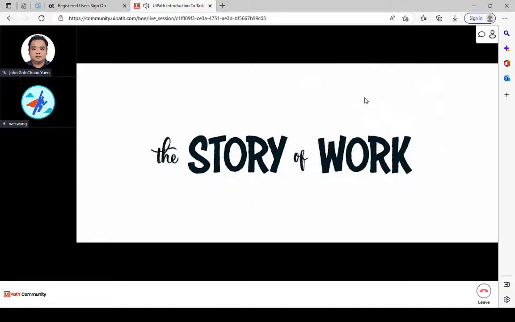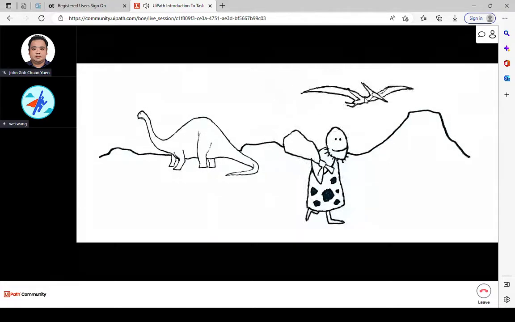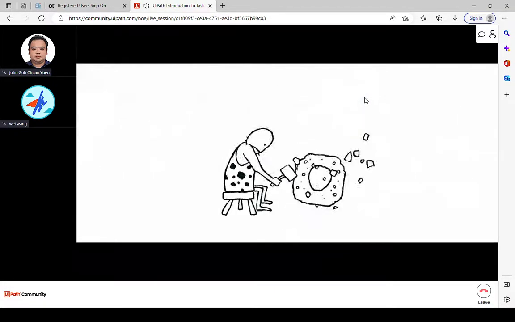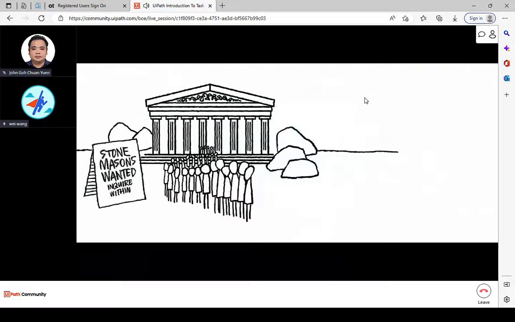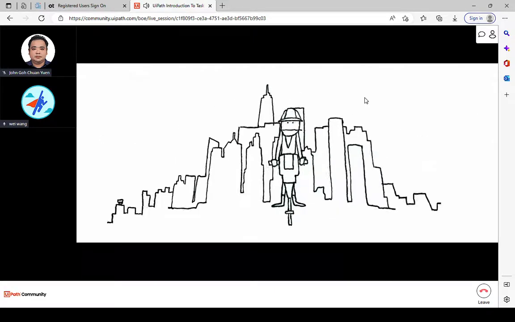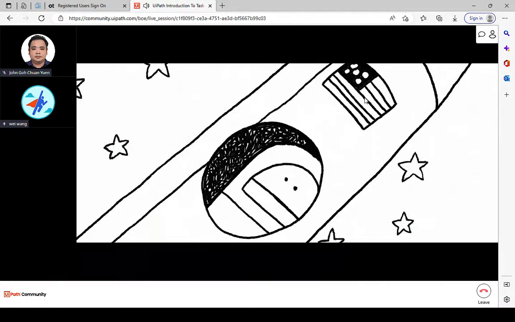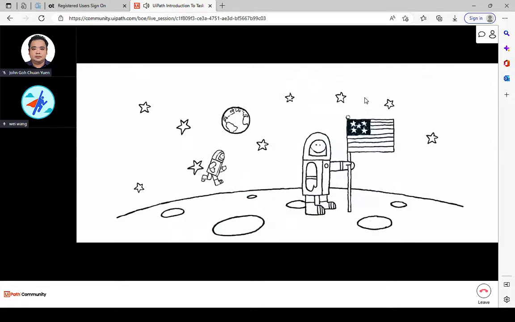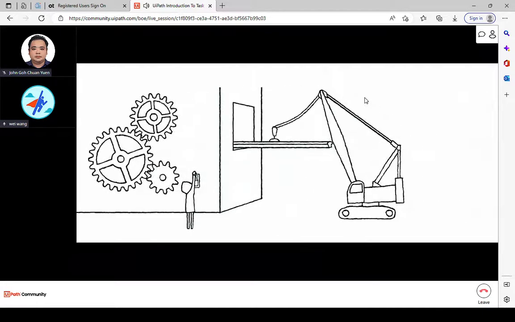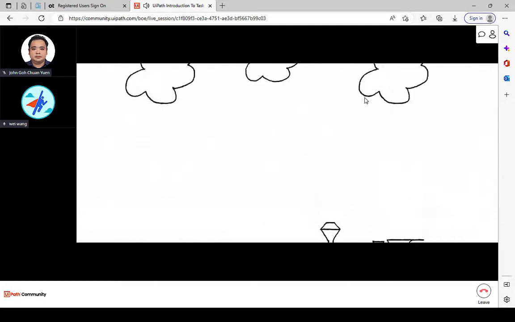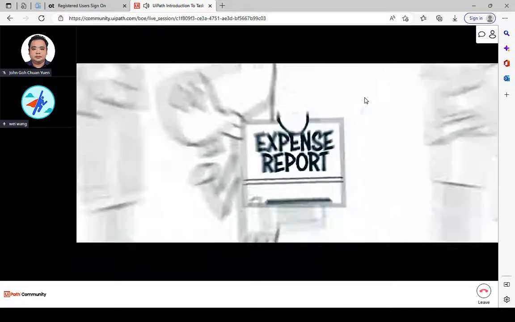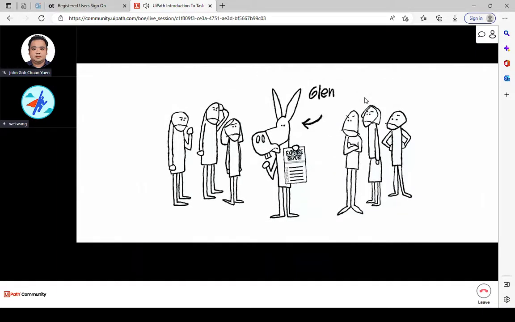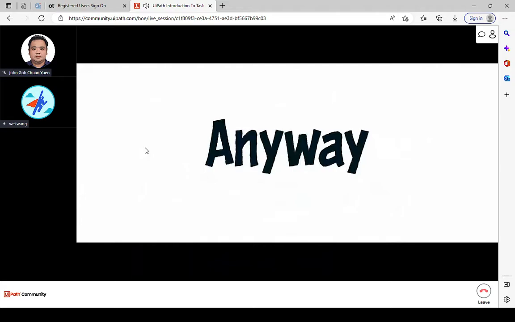This is the story of work. It started a long time ago, on a Monday, which was handy. For as long as history itself, the humans needed to work. They wanted to work, to grow things and create things and build things, to see what they were capable of, to stand at day's end and say, I did that, which felt pretty good. So they worked more, built more, and created more, and traveled to far-off places. And then someone suggested submitting expense reports for those far-off places. His name was Glenn, and he was a jackass. Anyway, the people